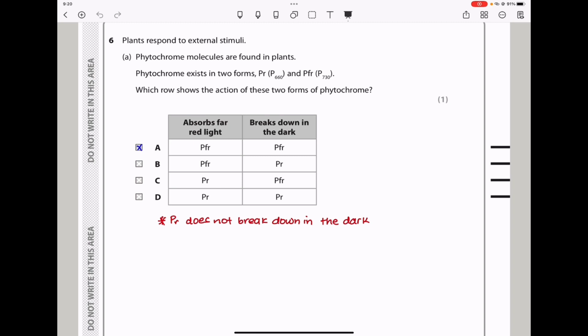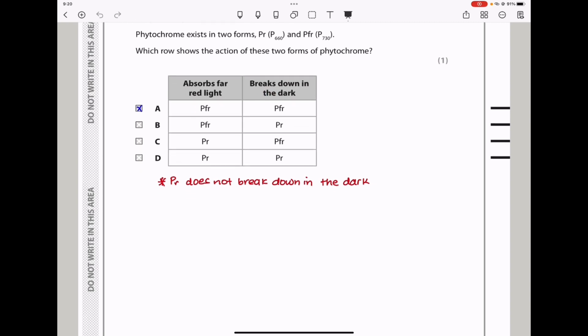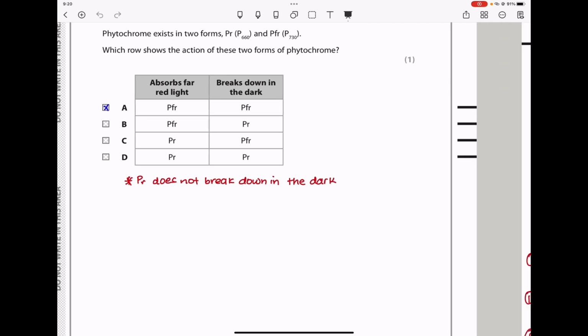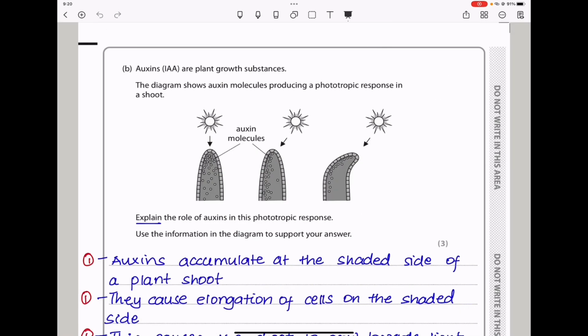So remember, phytochrome PR absorbs red light, and this one here will absorb far red light. So absorbs far red light is going to be PFR, and breaks down in the dark, that is also going to be PFR. So the answer is going to be an A. Moving on. In part B,